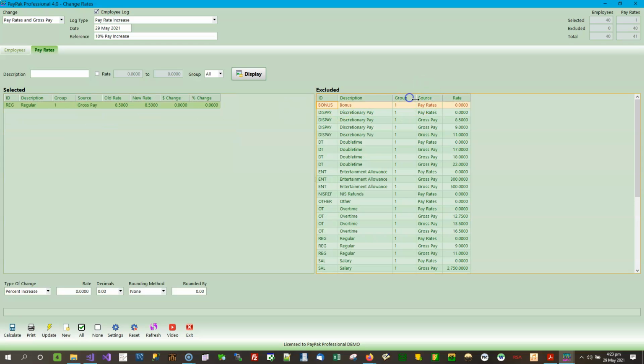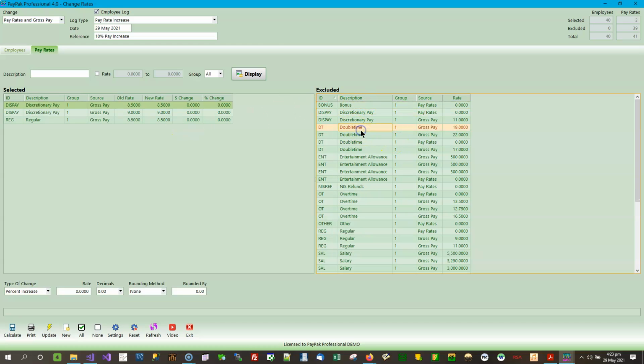And you can also click on the column headers to group by the particular column. Now, the columns for the excluded are the ID, which is the pay rate ID, the pay rate description, the group of the pay rate, the source, which represents, in this case,